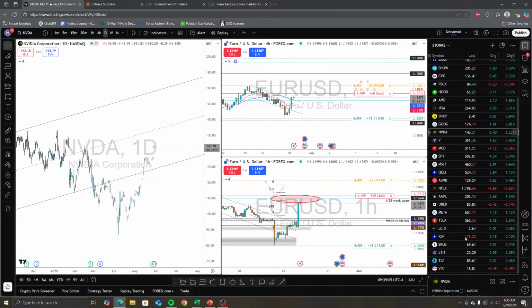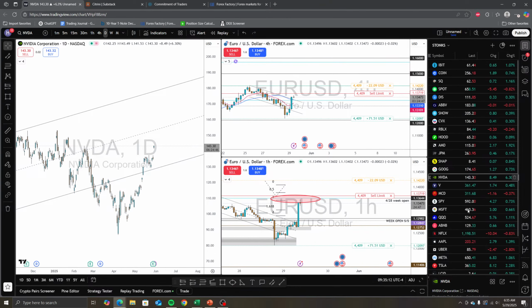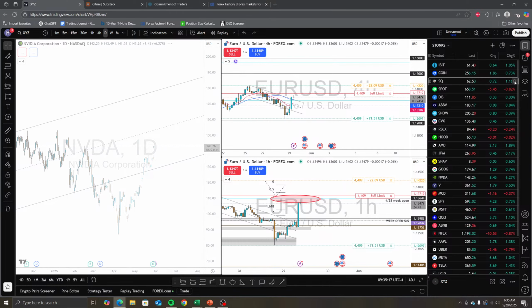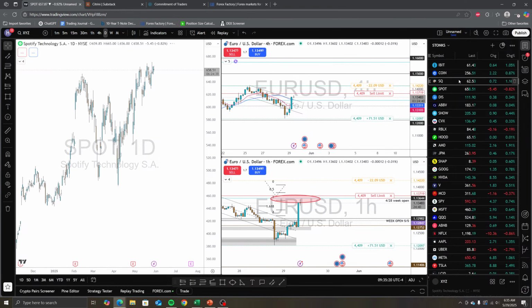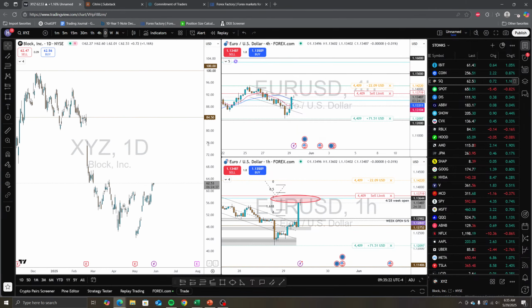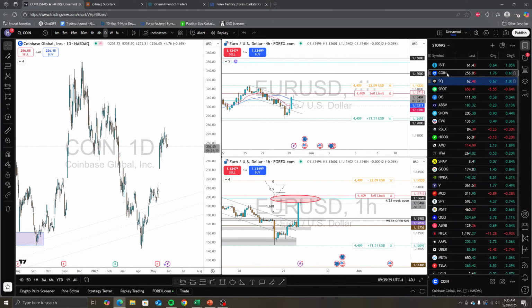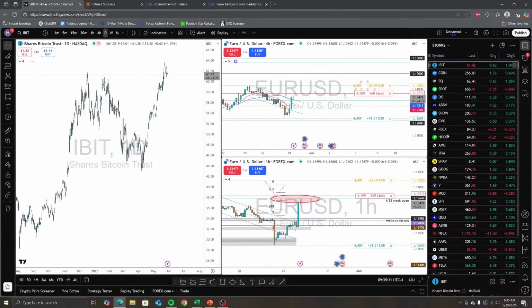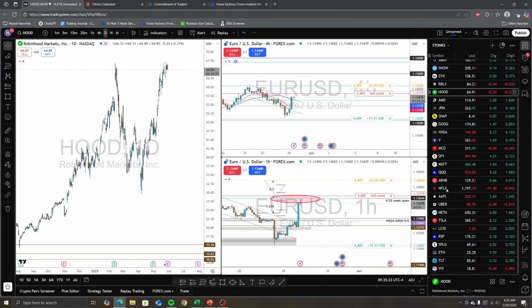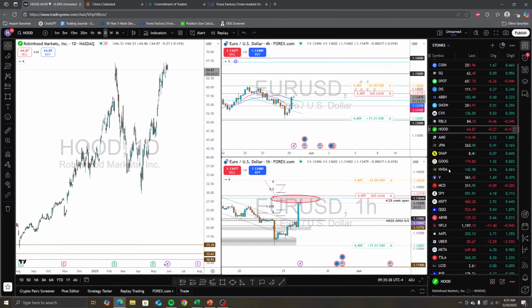If there's anything that I should be adding to this watch list, let me know, because this has been the same for quite a long time. I don't really like Square anymore. I want to take this off. But Square is like a complementary Bitcoin tracker, so I'll leave it on. Coin, Square, IBIT, HUT. These are all like crypto plays, low key. Oh, and ETH.